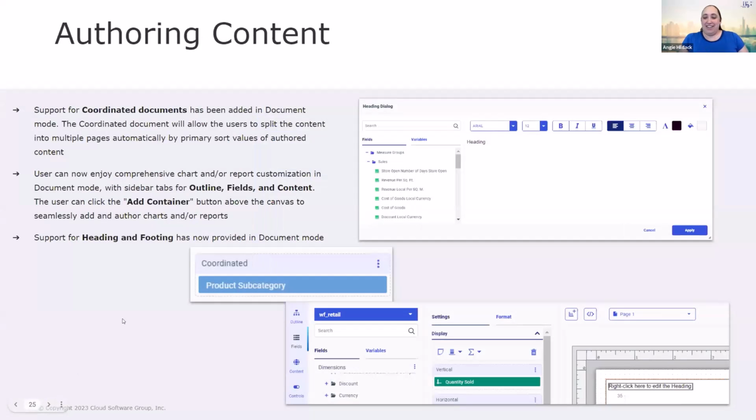So authoring content, a lot of other updates here as well. In our compound documents, the compose mode that we have, you can now coordinate the content of those, so synced up filters and sorting of that. Also new heading and footing options in that compose mode, and now also being able to author charts and reports